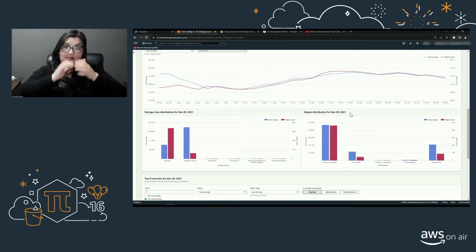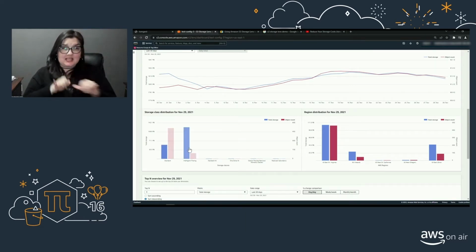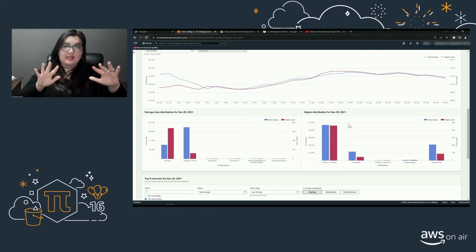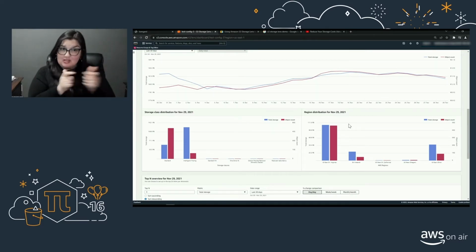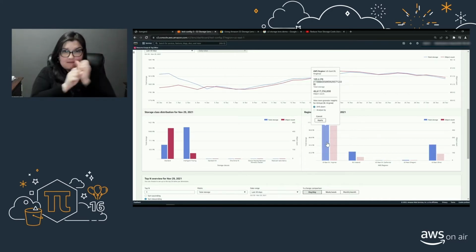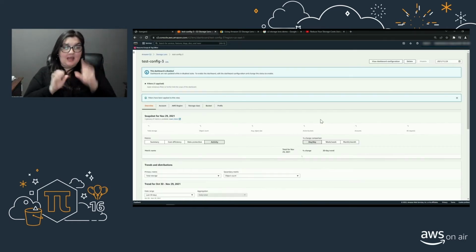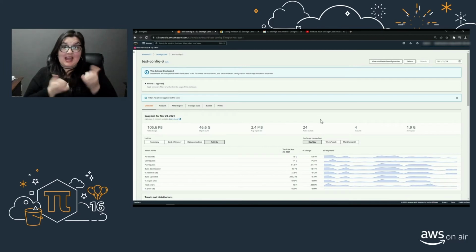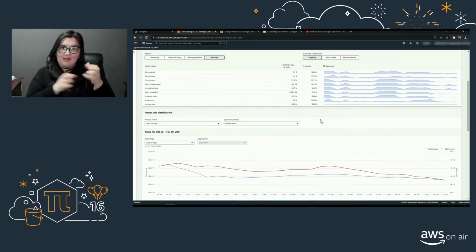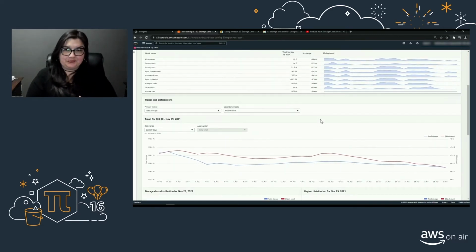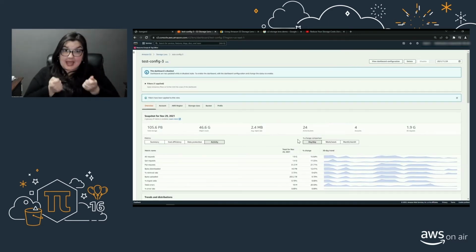In this section, I can see usage distribution by storage class and region. For example, I can tell that my data is mainly stored in S3 Standard and in S3 Intelligent Tiering, and spread across 5 regions, with US East, North Virginia being the largest one. The dashboards are interactive, so I can drill down and view more granular insights by different dimensions. For example, here I can focus on one region, and now my dashboard updates to reflect metrics and visualization on that region. I can edit or remove the filter anytime and go back to my original view.